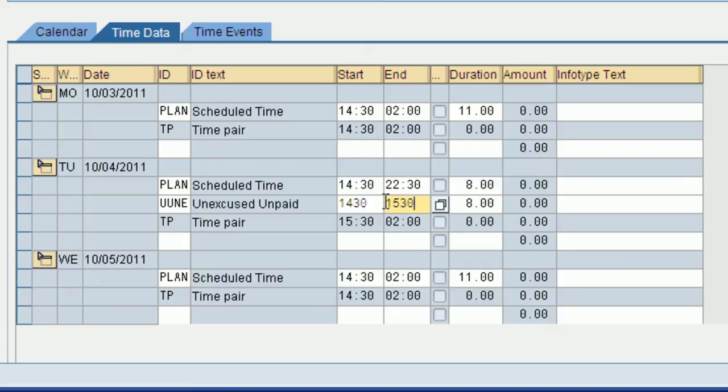Now I'm going to hit enter. Okay, so now I can see here that he was scheduled to work from 14:30 to 2 in the morning. I've said from 14:30 to 15:30 he was unexcused unpaid. And then from 15:30 to 2 in the morning he was clocked in. Now if I want to type some text to go along with this